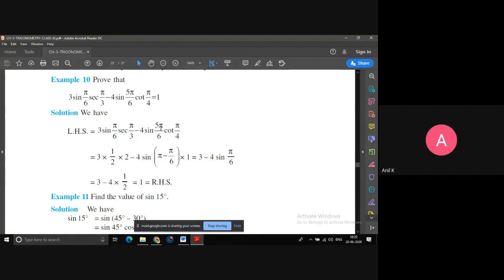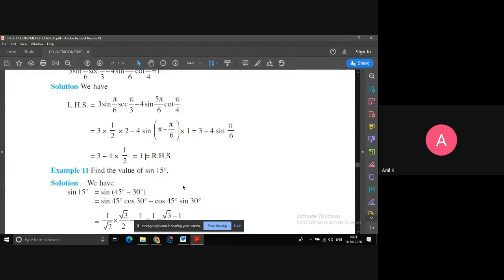Sin pi by 6, they have written as 180 minus 30 degrees. Or if you want, you can write 90 plus 60 degrees. Both ways are okay. So 180 minus 30 degrees means second quadrant, sine is positive, and it is touching the x-axis because of pi. So the sign won't change. So sin 30 will be 1 by 2. Here they have written 1 by 2. And cot pi by 4 is 1. So after all simplification, 2 will get cancelled in 4 twice. 3 minus 2 is going to be 1.